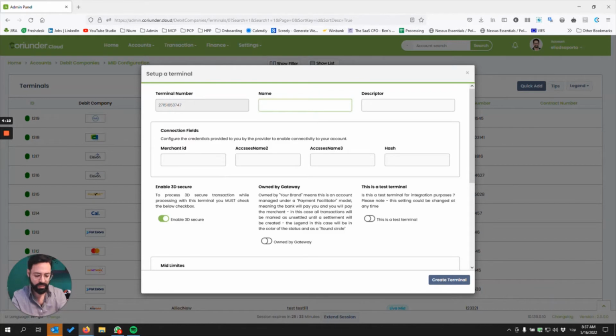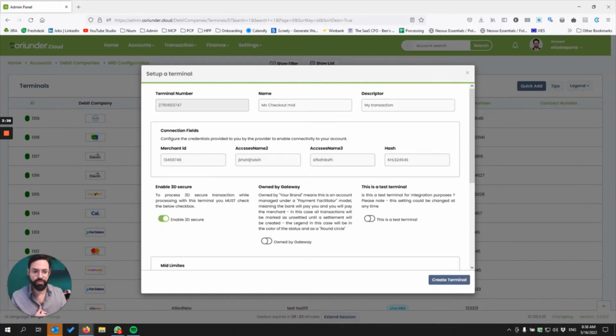So we can set up a name, my checkout MID, and a descriptor. In case a dynamic descriptor is supported in the integration, you can add the descriptor, my transaction, merchant identifier, which you will see from checkout, access name 1 and 2, depending on the parameters you get from them, and the hash required for the transaction. In terms of the configuration itself, you're done, but there are additional steps that we can configure in order to